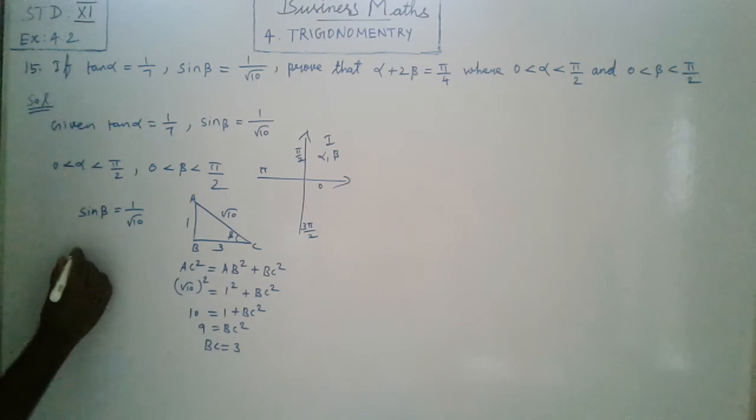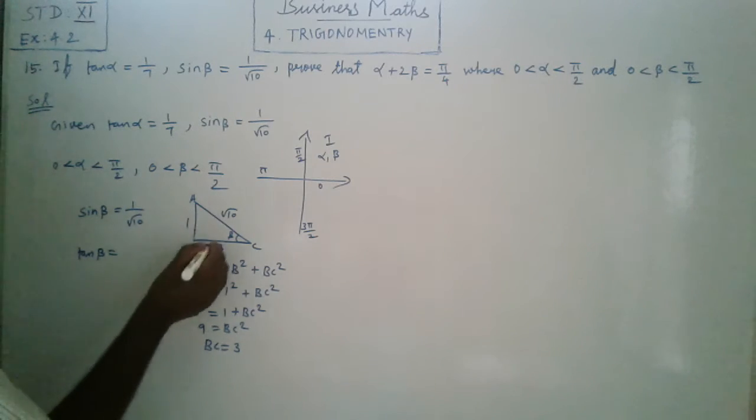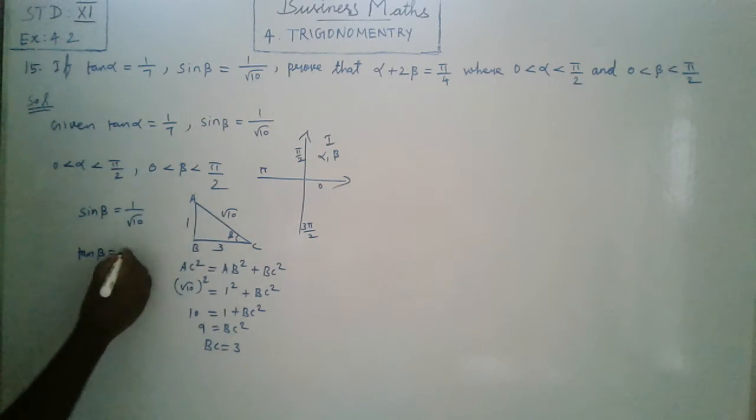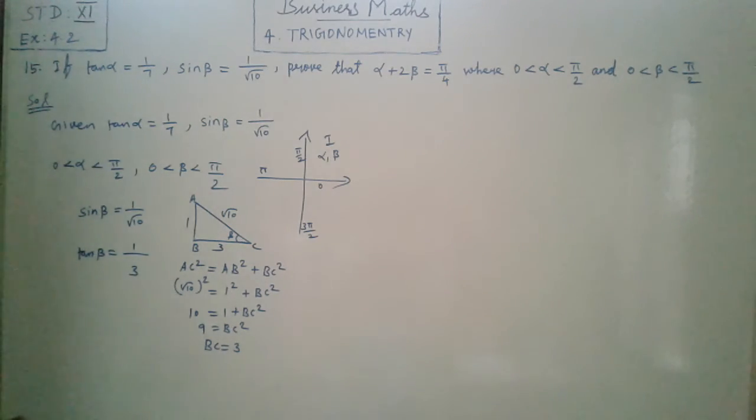We should find now tan beta. Tan beta equal to opposite divided by adjacent. So opposite is 1, divided by adjacent is 3. So we know the formula,